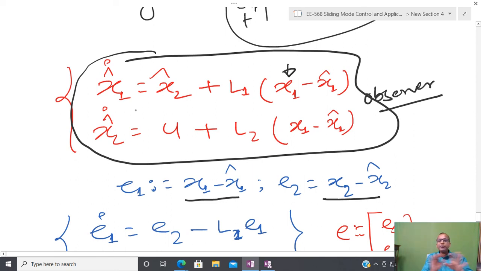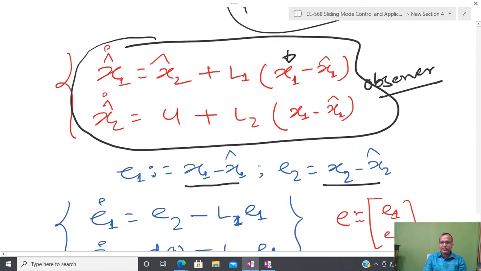And in a computer there is no restriction, or no situation like actuator saturation, which means you are able to put any large gain here, and that is the idea of the high gain observer. So what the high gain observer suggests is to keep L1 and L2 very large, such that it will work in the presence of disturbance also. So let us try to see the high gain observer.